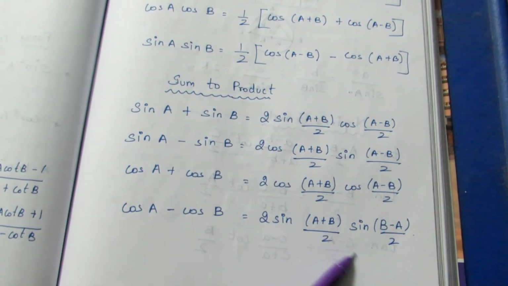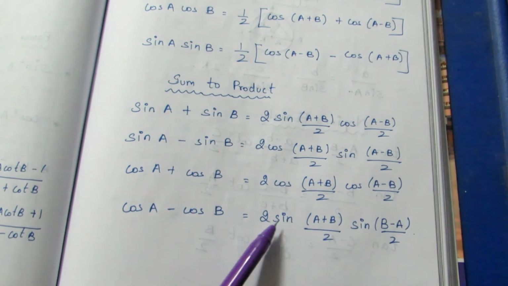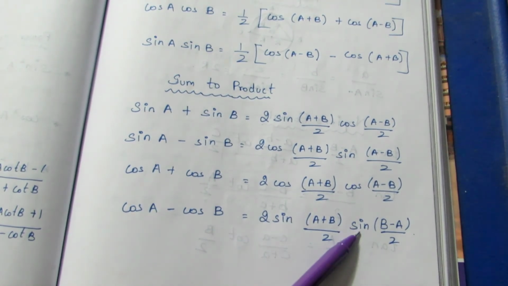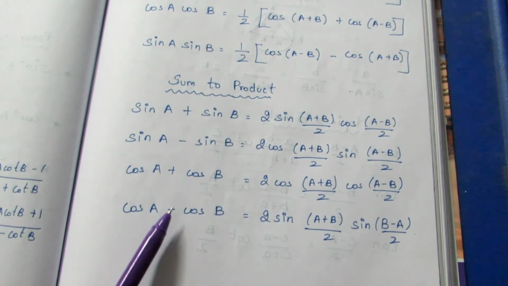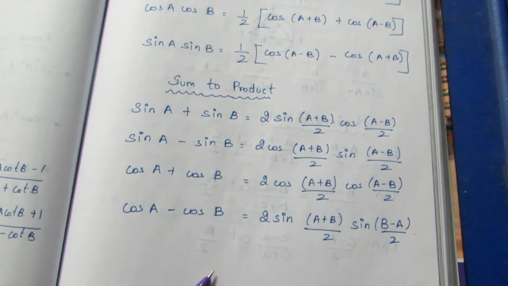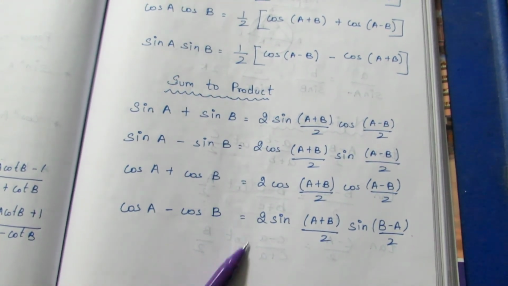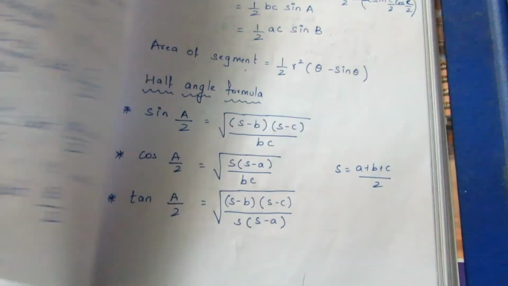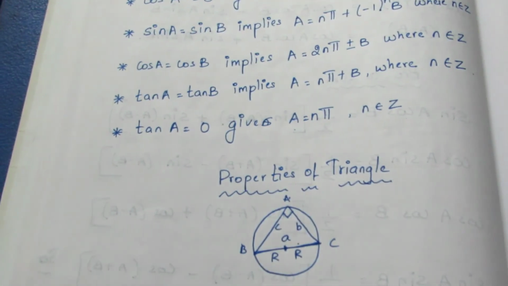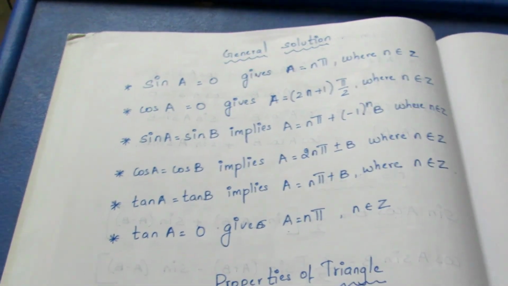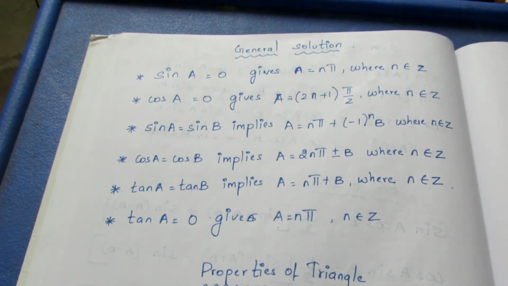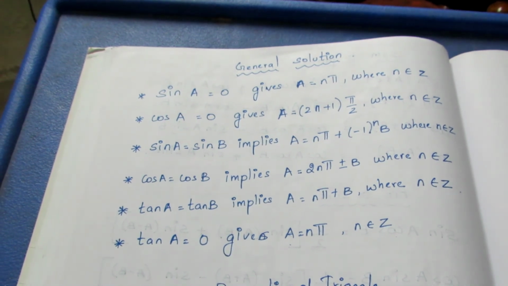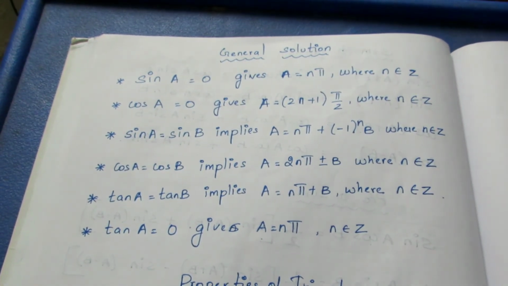So there is quite a difference in this. We can also take a minus sign outside and write it as sin((A−B)/2). Anyway, you can write it either way, but be careful in cos A minus cos B. There is quite a change compared to the other three. So it is 2 sin((A+B)/2) into sin((B−A)/2). We'll move on to the next, general solution. So this is the last identity for you. With this, the trigonometric ratios are over. Now we'll see